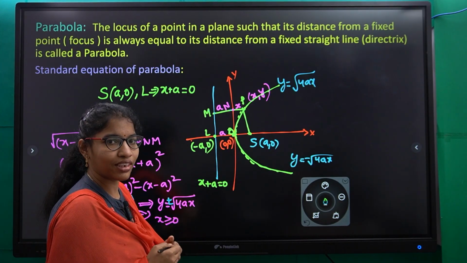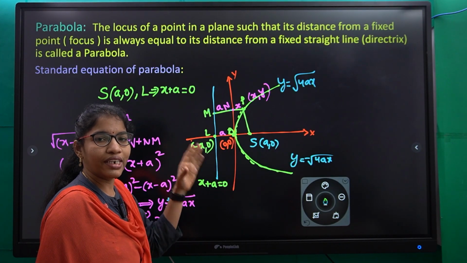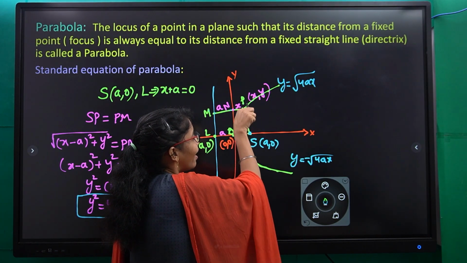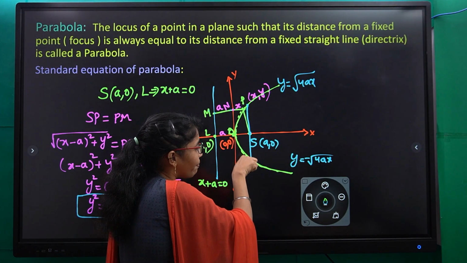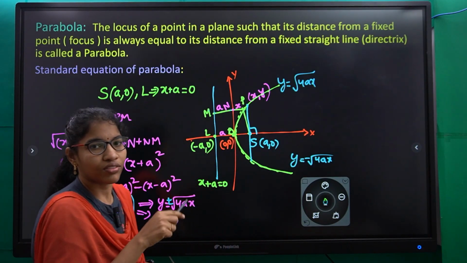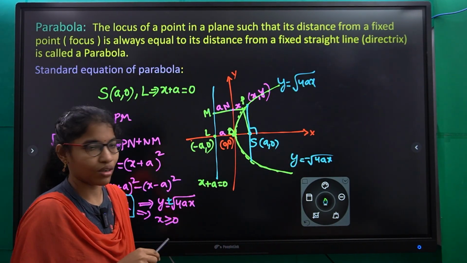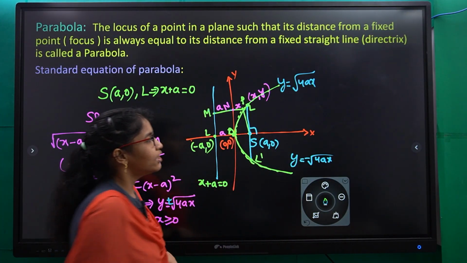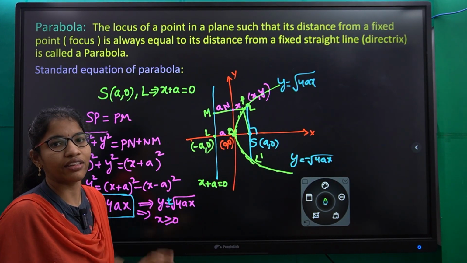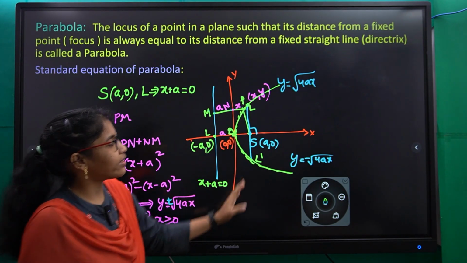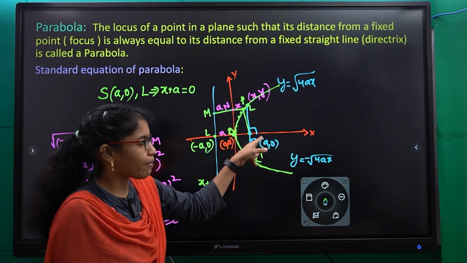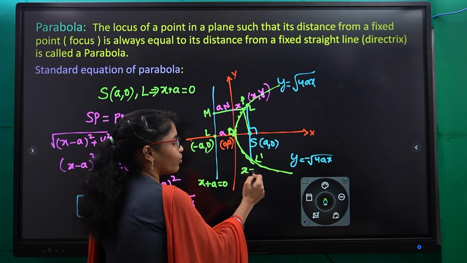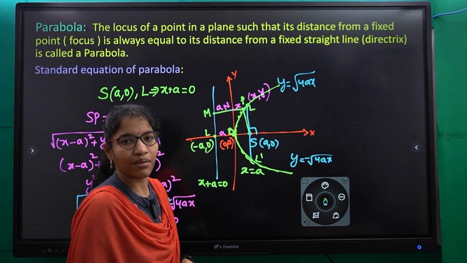Now how can you find the latus rectum here? The latus rectum is nothing but the double ordinate which passes through the focus. So here I have the focus point, and the double ordinate means it should be perpendicular to the axis, right? So this is the latus rectum. You can take this point as L and this one as L dash. So LL dash gives the length of the latus rectum. What is the equation of the latus rectum? It passes through the focus and is always perpendicular, so you can say x equals a is the latus rectum equation.